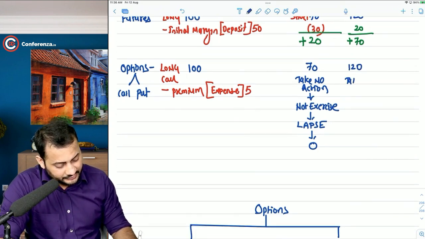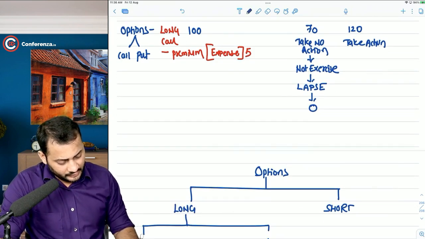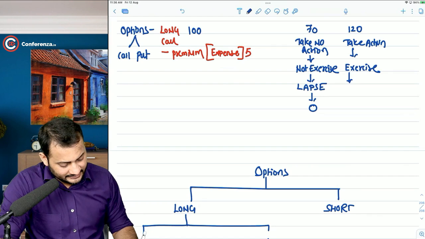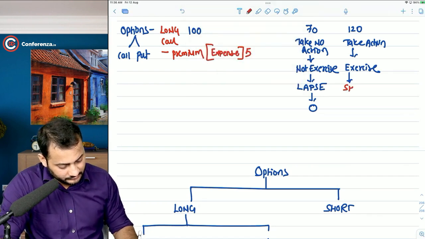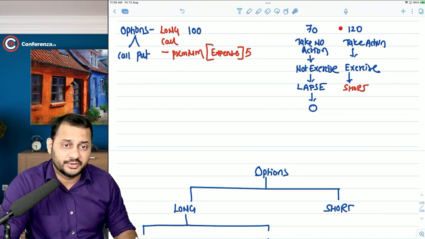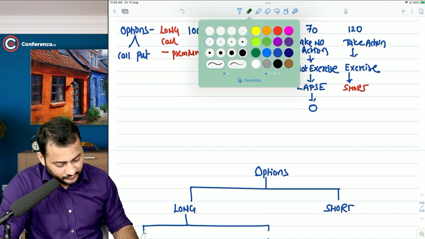I will take the action. We will take action. Or, yeah, it's better, then it means that we will exercise the option. And once we exercise the option, it will be a short, basically calling it shorting the option at 120. We bought it at 100, shorting the option at 120, we'll close the position and there will be a payoff